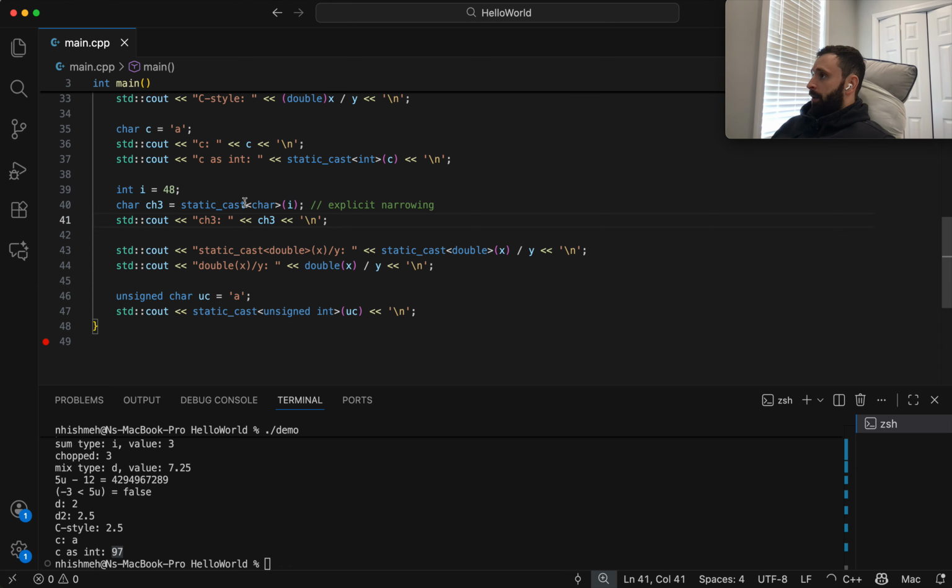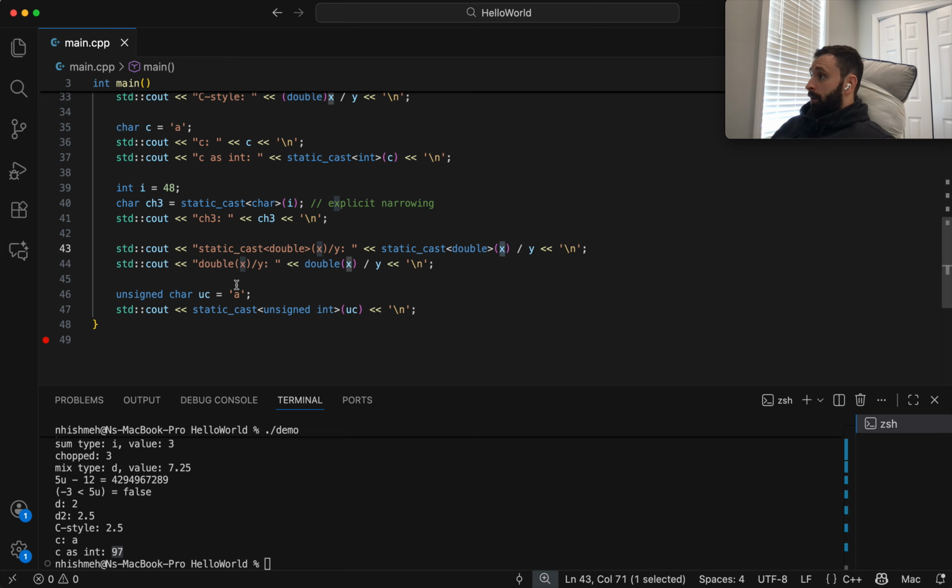It's just going to be whatever the 48 is. I can't remember what that is. I don't even think it's a letter. And then here we have static_cast<double> of x divided by y. And here we have unsigned char uc equals 'A', and then we statically cast to an unsigned int. So let's see the result.